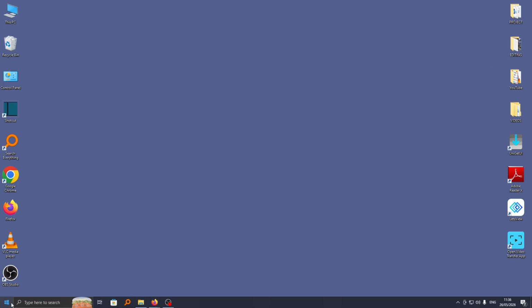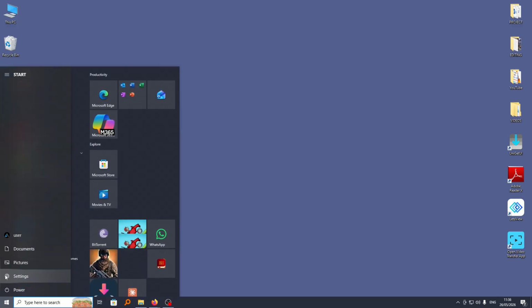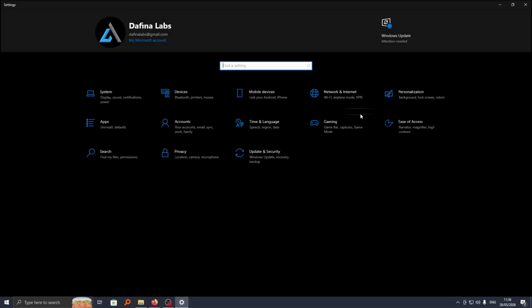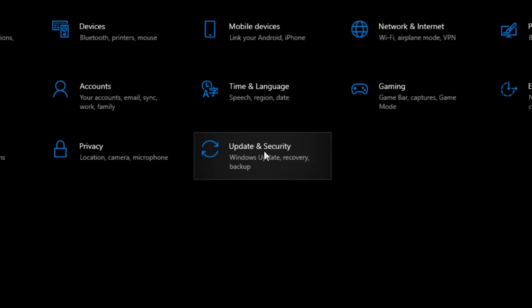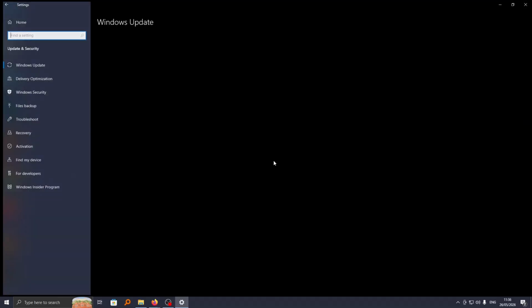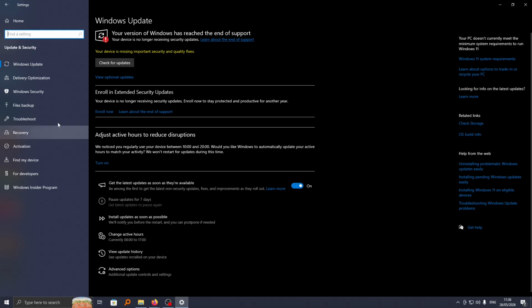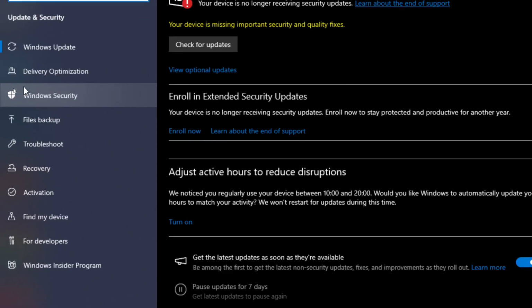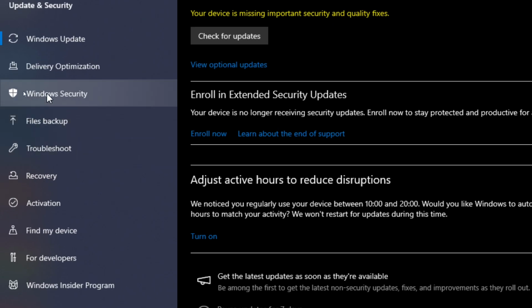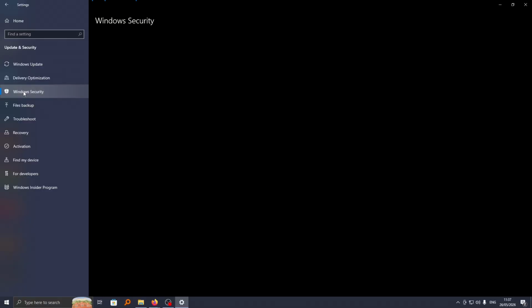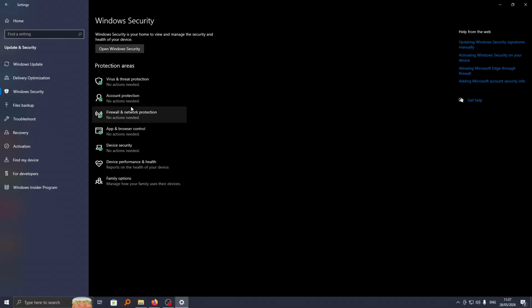Alright, to do this, go to the start menu, and then from start menu you should see settings. From settings, go to update and security on your Windows 10 computer. And here you can see we have some updates, and go to the side menu here and look for Windows Security. If you click on Windows Security, now you'll be taken to this Windows Security page and look for